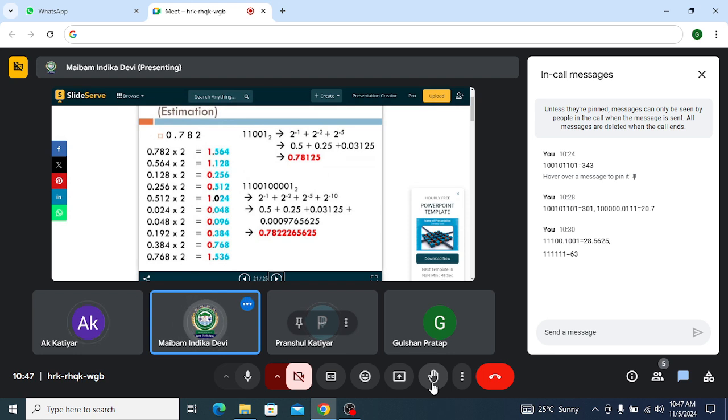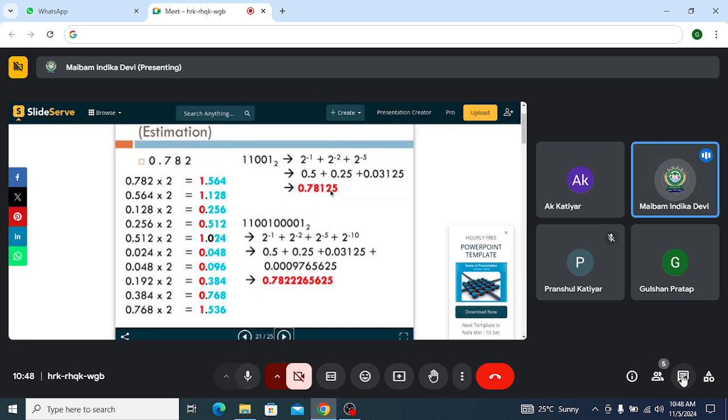So similarly, you may be given a decimal number, for example 0.782, and told to convert it into binary. So this is a recurring calculation. Recurring means it will never reach zero. It will keep on calculating. So if the question mentions to convert this decimal number to its binary equivalent up to 4 precision, 4 precision means after the decimal point you need to write 4 values. Precision, I hope you understand, right?